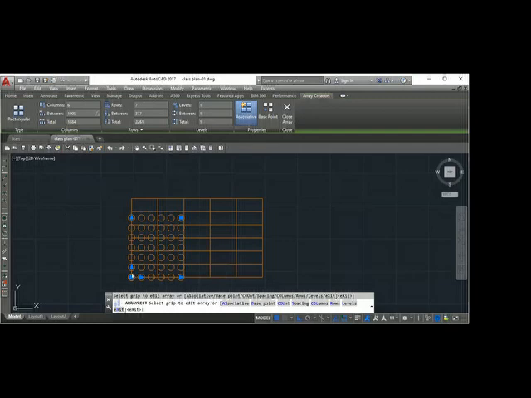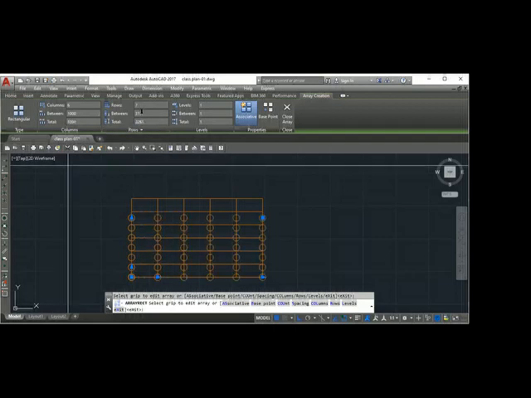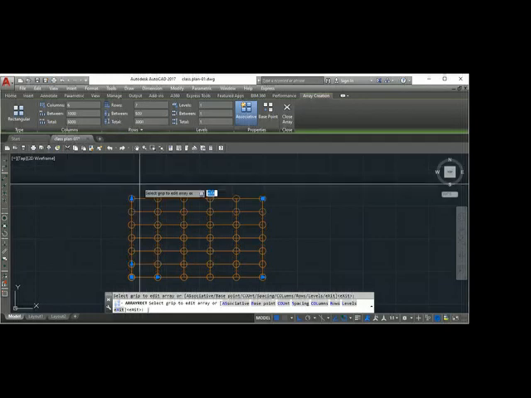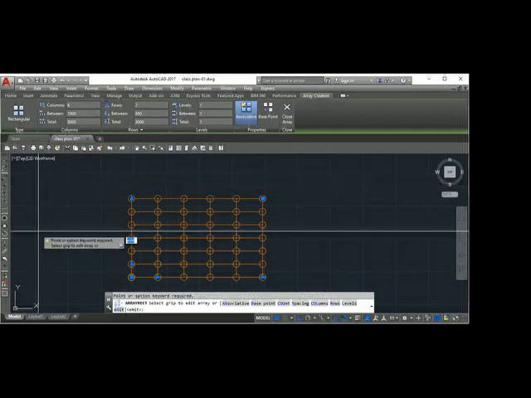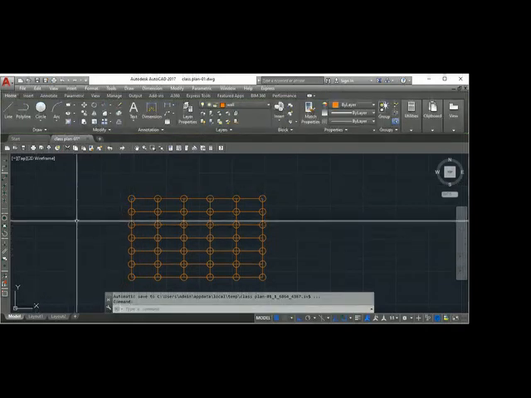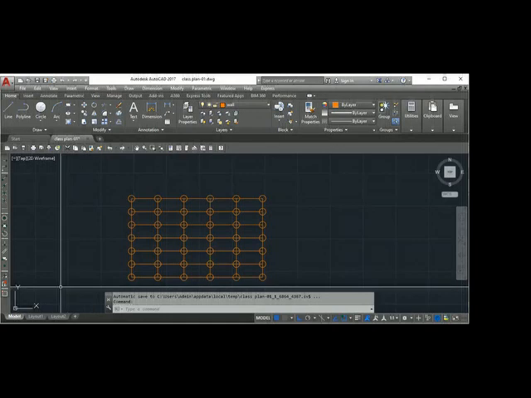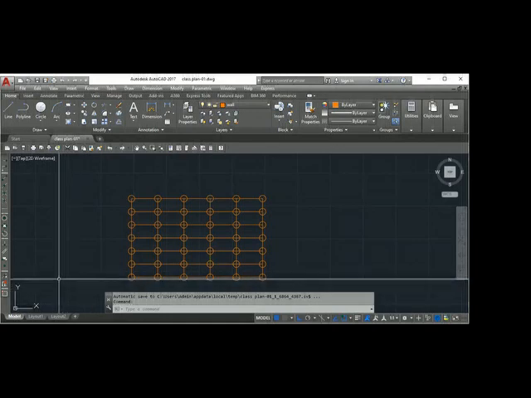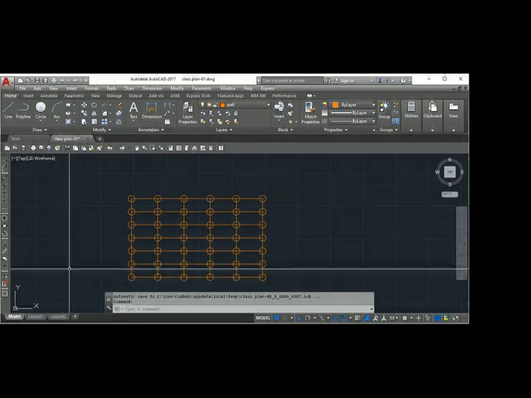Same way, your original object is here and all objects you want to copy and the rows are in the positive direction. 500. And okay, so you copy. So this is a very, very powerful command, array, rectangular array.